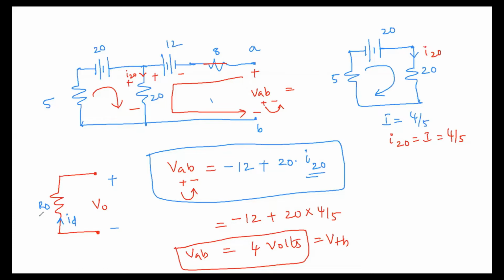Because by default you will get positive, negative, and it is ID RD. But what I asked is V output, these polarities I asked. So you have to go from positive to negative. So you will get V output is equal to minus ID RD. This is the thing they don't know. So they are in that poor position. I cannot help, but I have to teach them.